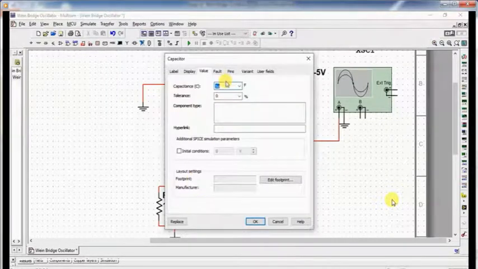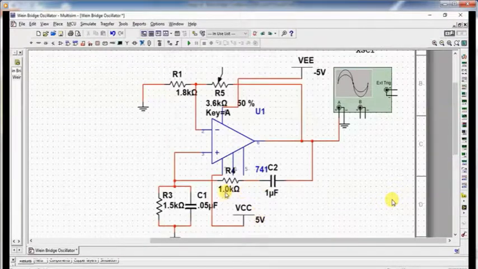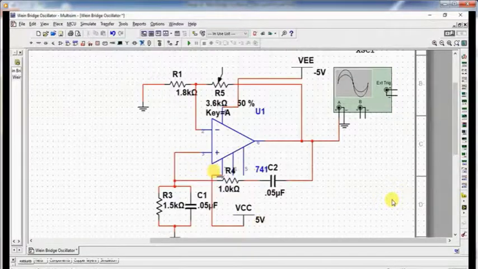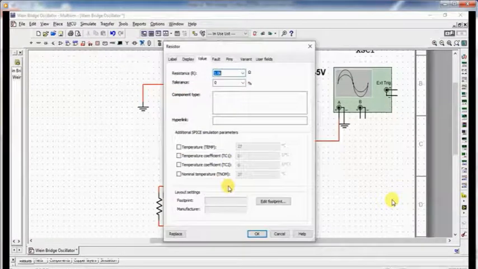And here the value of capacitor C is 0.05 microfarad, so we are considering this one. And again the value of capacitor C is the same here, 0.05 microfarad.